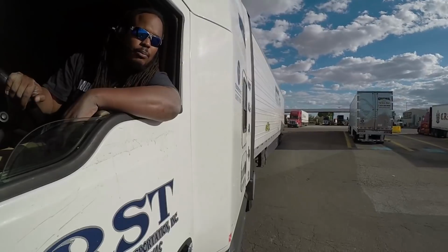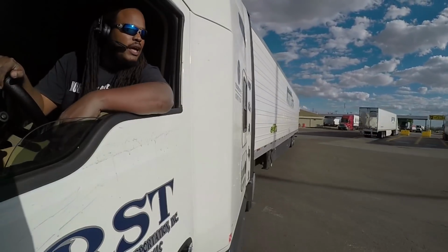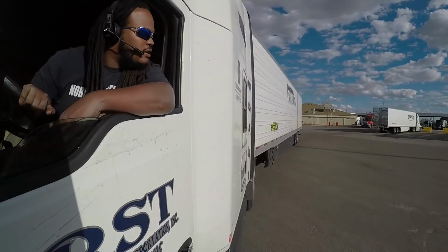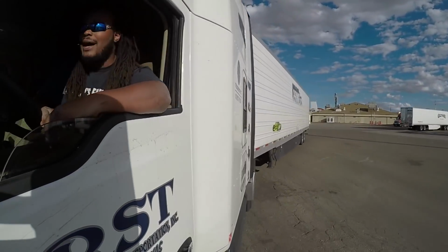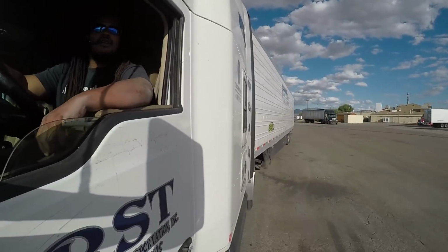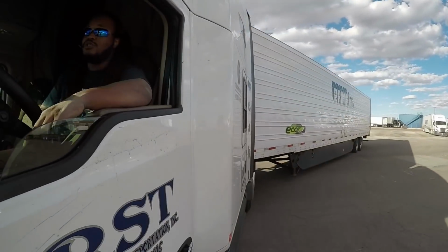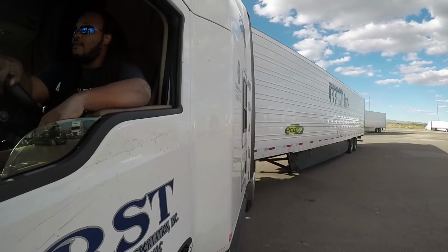Right now, I'm about to do a pull through, then back in. I'm going to do a pull through if there's an available slot. Working the truck stop is pretty simple, man. You can do pull throughs. I was taught it's better to pull through. The less backing you do, the less chance you're going to have for an accident. Man, I've seen people mess up pulling through. I overshoot it, come back around to the middle,